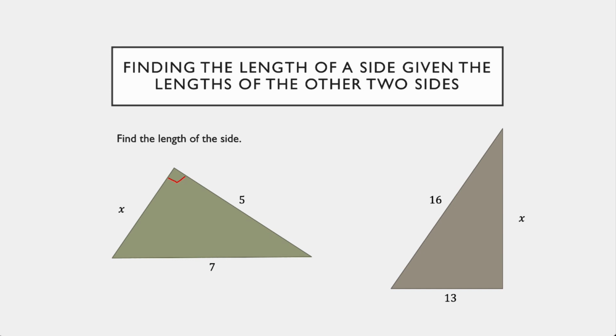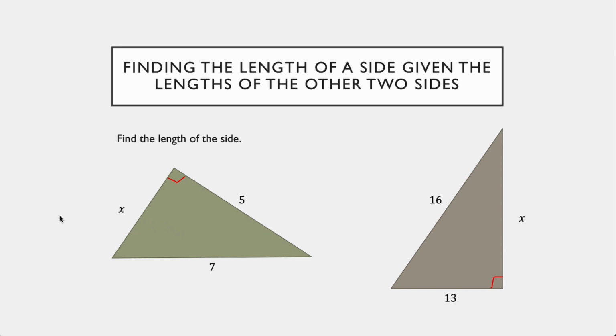Alright, let me show you where the hypotenuse is. So this can't be the hypotenuse because we're not looking for the hypotenuse. This is greater than this, so this must be the hypotenuse, and a right angle is here. Okay, so now we figured out where our hypotenuses and our right angles are. So let's plug all the numbers into the equation.